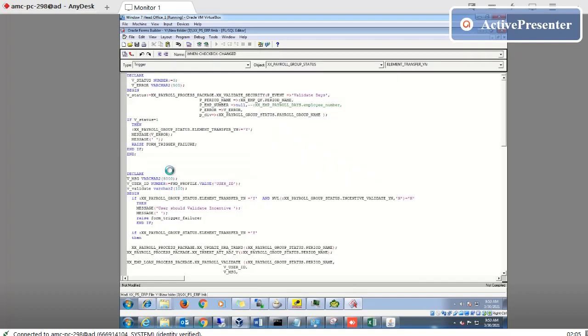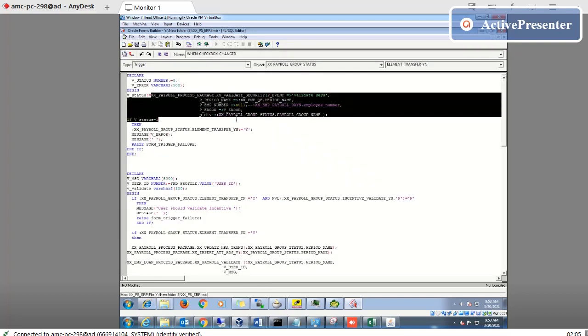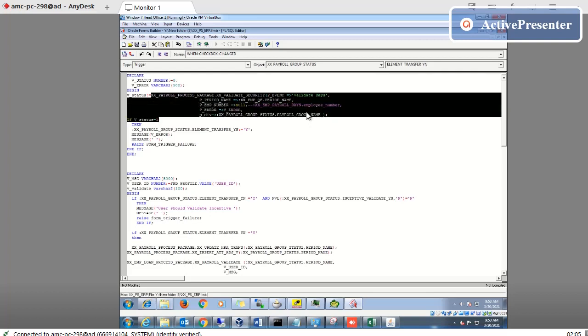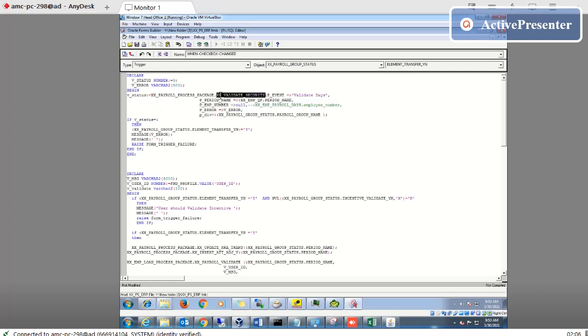If I check this process here, first the system will check whether the validation has already been run or not. This is the security matrix.